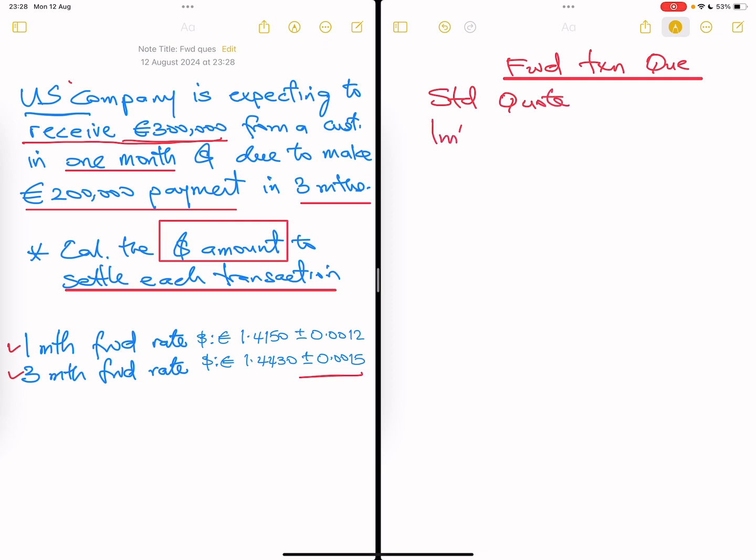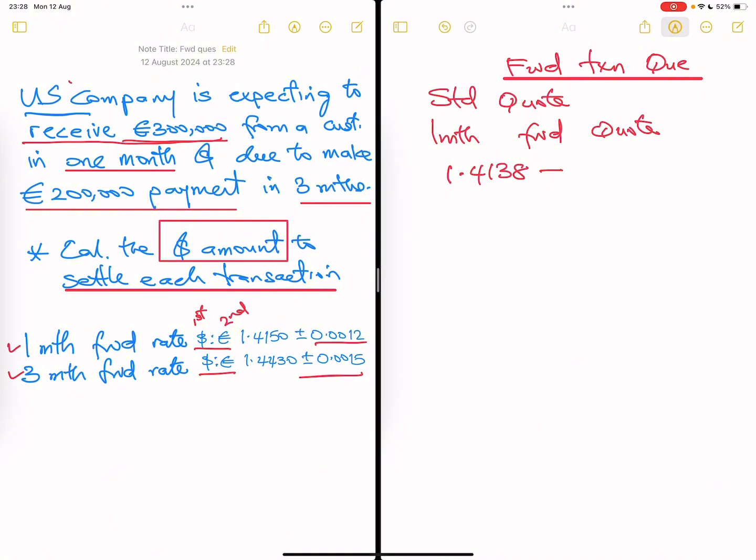So 1 month forward quote should actually be minus 0.0012 and plus 0.0012, which means we're going to add. And let me tell you, dollar ratio pounds is the same thing as dollar/pound. So this still remains your first currency and this remains your second currency. Please don't get rattled. It's still the same thing. But this is spread, so which means we're going to have 1.415 minus 0.0012. And that will give us a buy rate for 1 month to be 1.4138 to 1.415